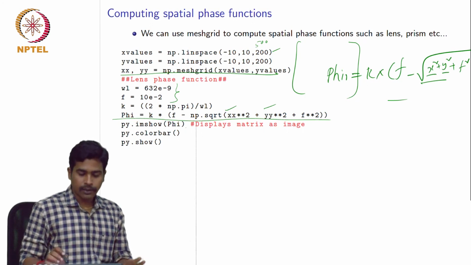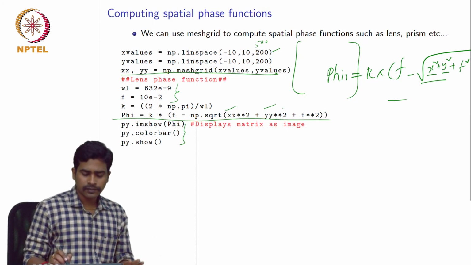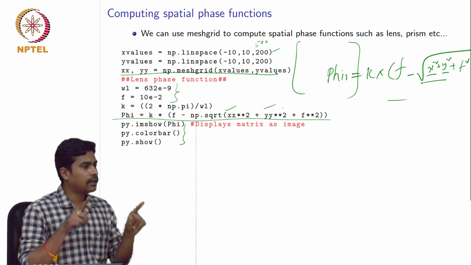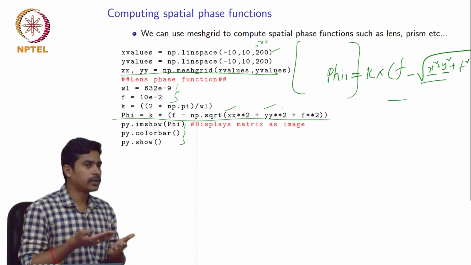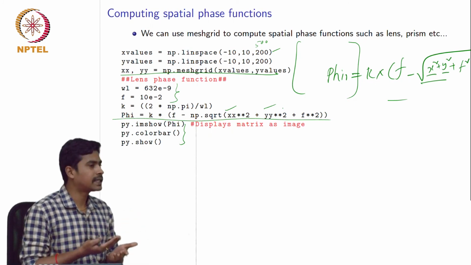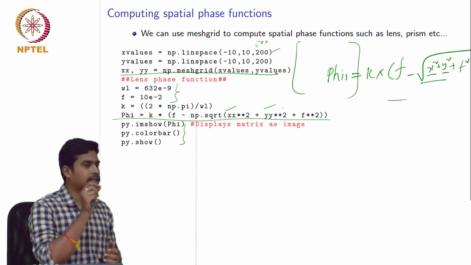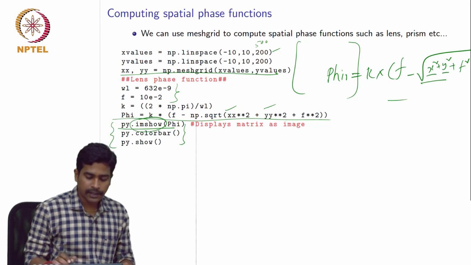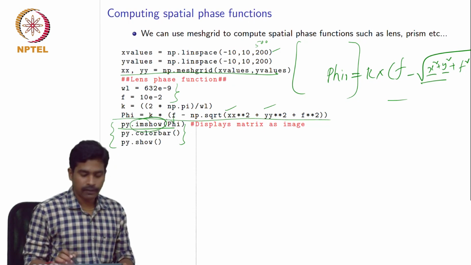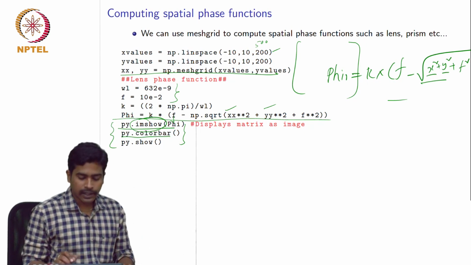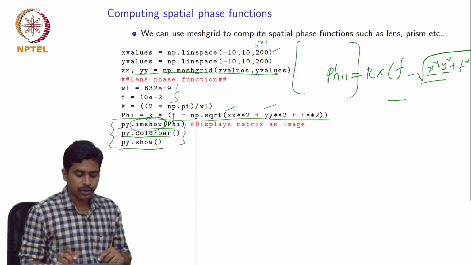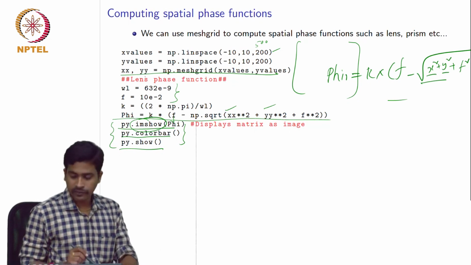Okay. So now in this example I have calculated the lens function in 2D. If you want to represent 2D data, you cannot do it using plot. You have to show it as an image, right? Each pixel will have some color and you have a color bar. To do this in Python, we use the command plt.imshow, and for this imshow you have to give the 2D array, in this case the phase profile, and you can give a color bar to show what the colors mean. And finally this command you should not forget, otherwise it won't display the function.